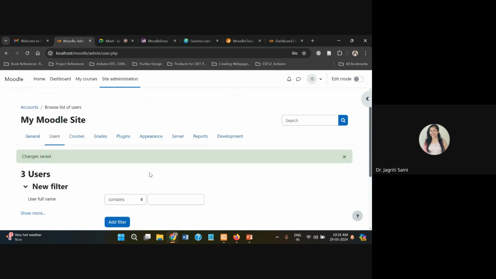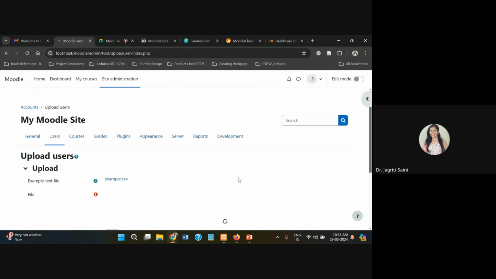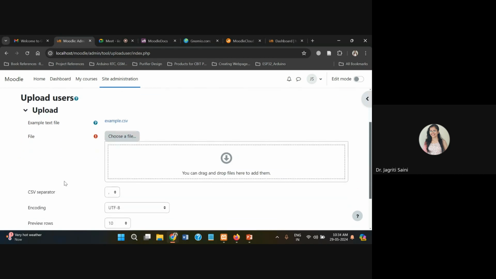The second thing we need to learn is about adding bulk users. I hope the first step is clear, and the second step you can do is upload users. If you click on this option, it will take you to a new page where you are asked to upload a CSV file that contains information about all the users. So you can create an Excel file with all user details or student details, and that can be linked here